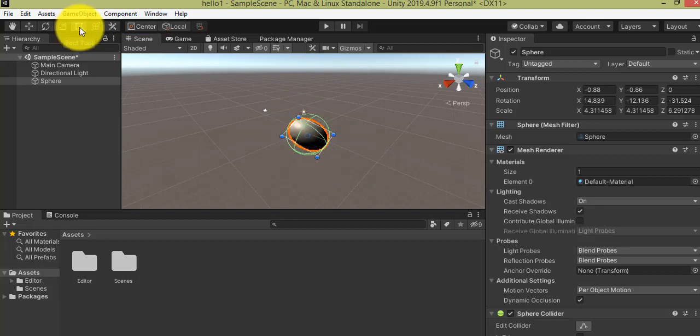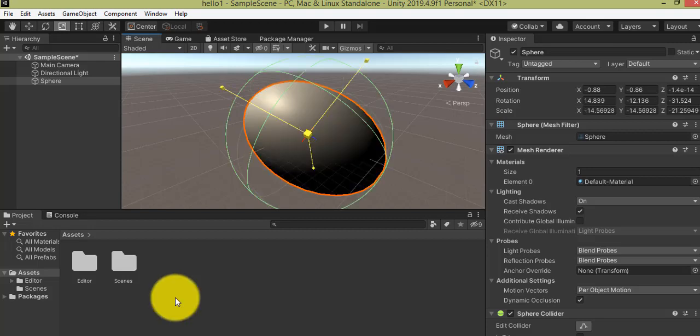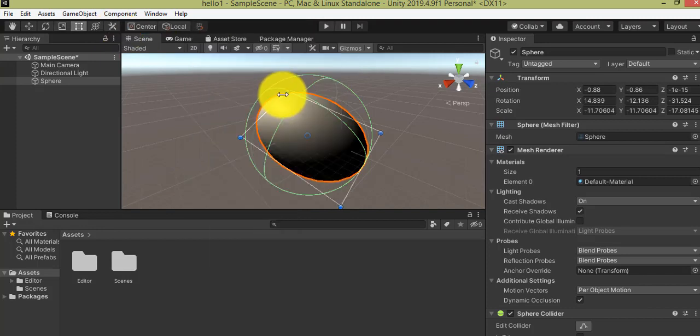The next one is the rect tool. The rect tool is basically a section where you can change only the x and y axis. So if you want to change only the x and y axis of your project, then you can use this rect tool. Only two sections appear, the x and the y section.